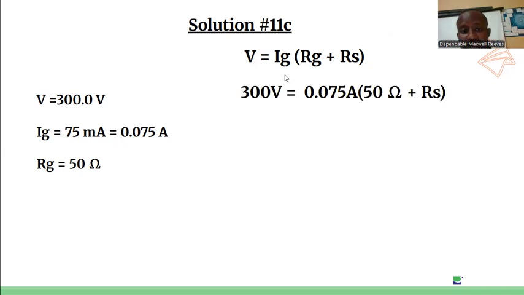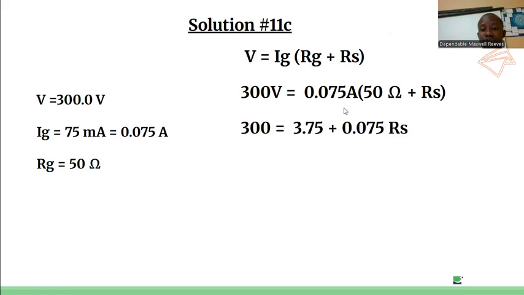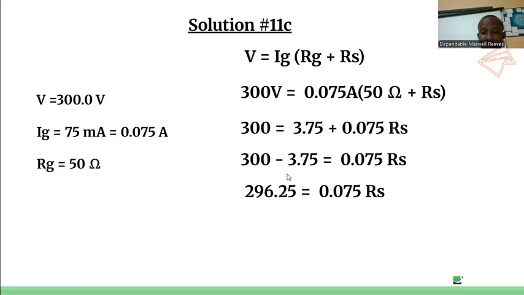So replacing this value, we have our voltage to be 300, current to be 0.075, and the galvanometer resistance to be 50. So multiplying 0.075 by 50 and sending it across, we have 3.75, and 0.075 times RS, we have 0.075 RS. So sending 3.75 across, the sign will change from positive to negative. So we have 300 minus 3.75. Doing this, we have 296.25 equal to